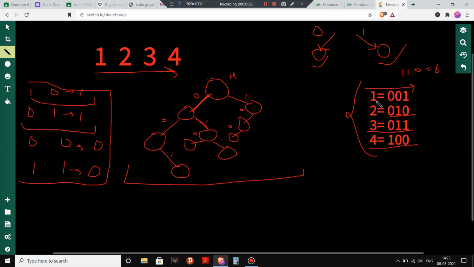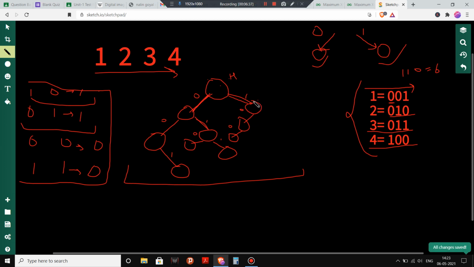Okay, the 1 will have the maximum XOR with 6. Since we do not have 6 here, we will go for the best suitable integer in the array. So let's see how we are going to do this. For 1 we have 001 as the binary representation. Since we have 0 here, we always start from the head node, and since I have 0 here, I will go for 1.